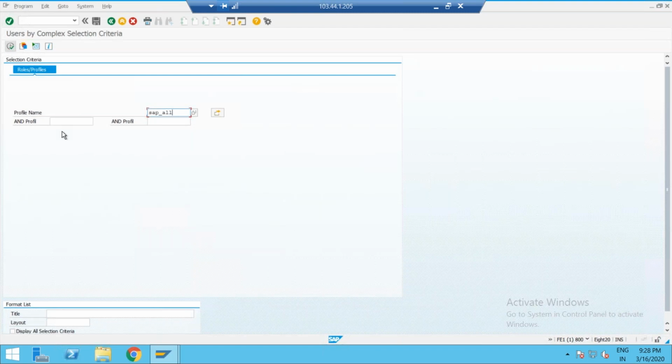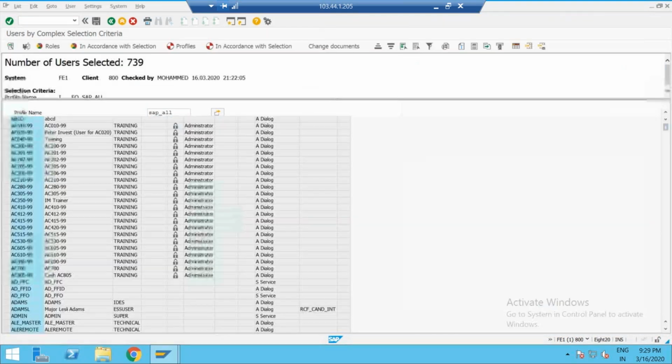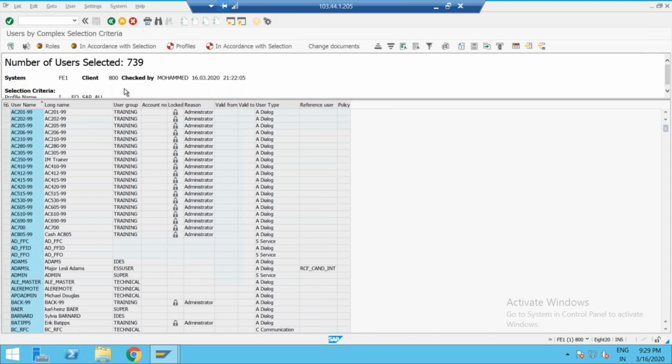Click on execution. How many members are there totally? Totally 739 members are having this.